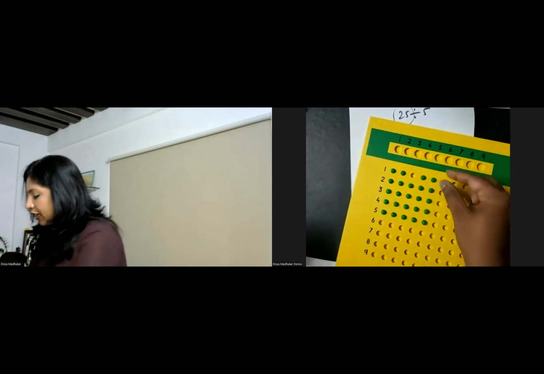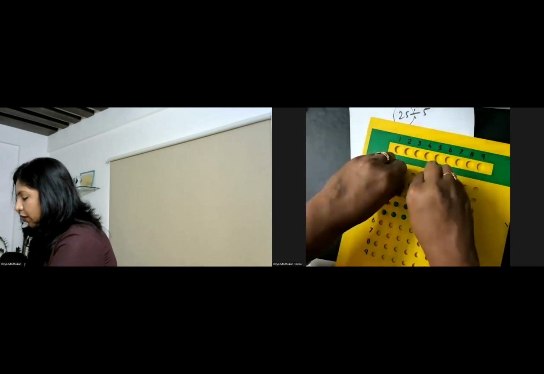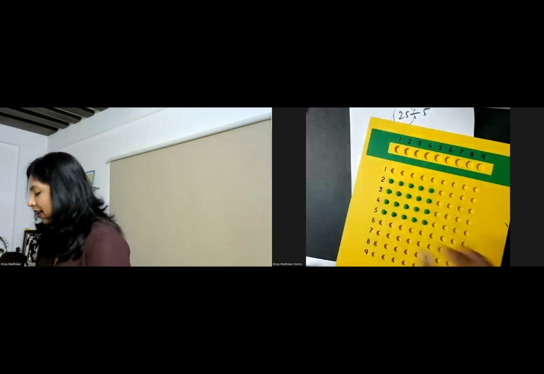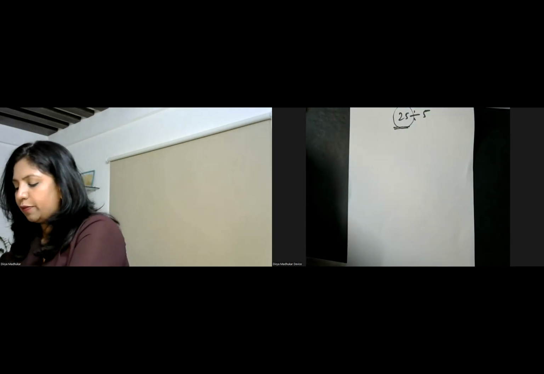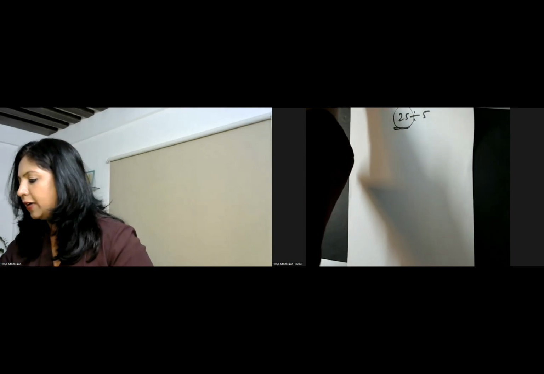It's a little difficult and trickier to remove the beads, but over a period of time, children would definitely understand how to pick all of these beads together. You have to be very gentle. Use a working mat, and once you're done, it's preferable to keep the beads back into their respective classes. Sometimes children have the habit of mixing the red color beads and the green color beads. You should not do that. Each one of them has its own significance, so you should not be mixing both grades. So this is our division board.